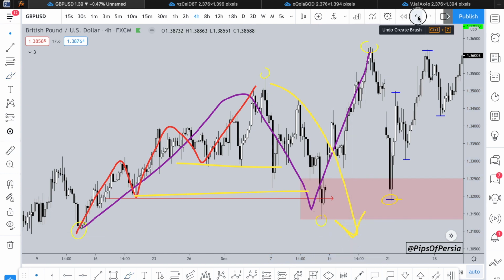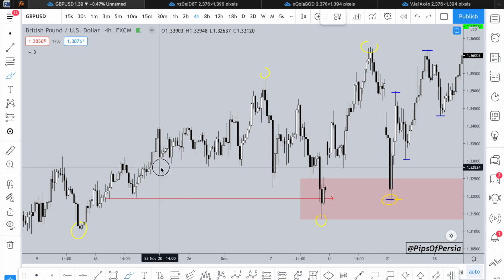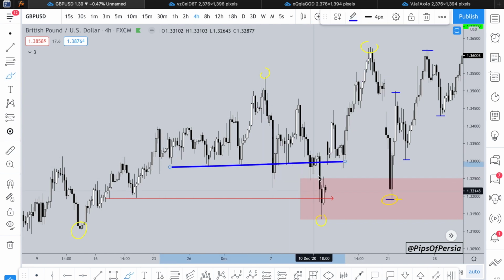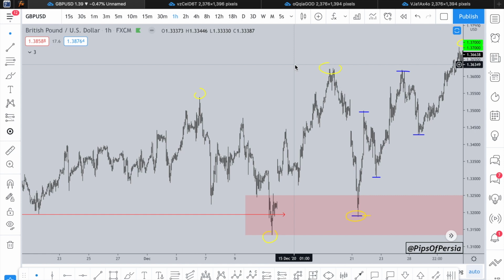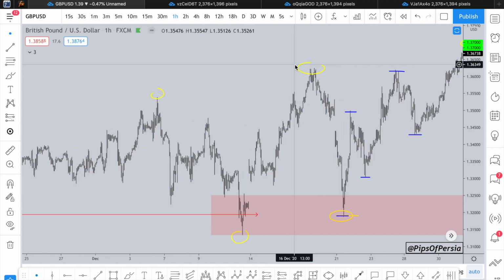Long story short, what we spoke about is the idea that for the higher time frame to break structure, you would need a break of structure on the lower time frames first. However, just because we are breaking structure on the lower time frames, that doesn't necessarily mean that's going to happen on the higher time frames as well. I'm not going to spend much longer on this, especially because that was the entire idea behind the previous video,